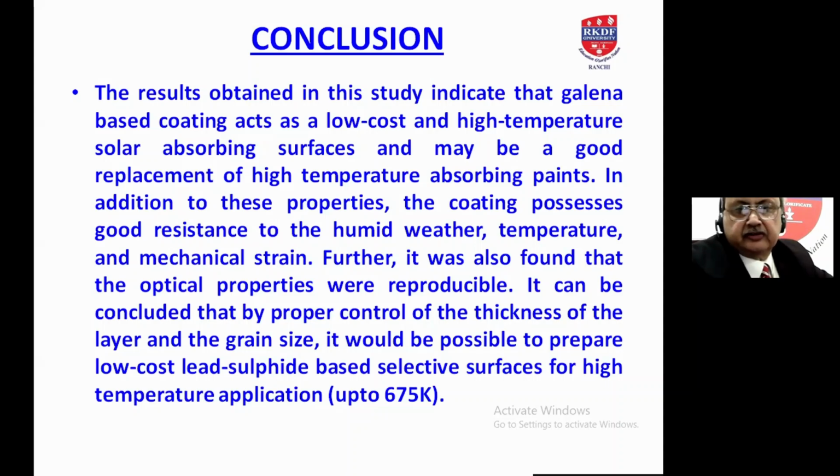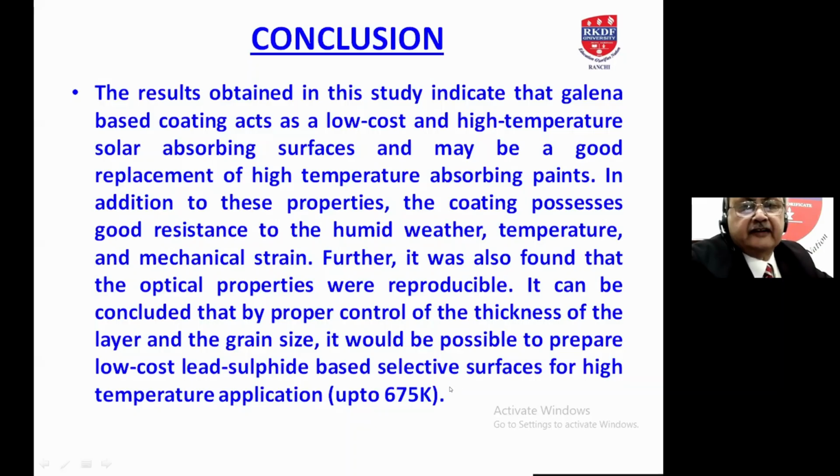Further, it was found that the optical properties were reproducible. It can be concluded that by proper control of the thickness of the layer and the grain size, it would be possible to prepare low-cost lead sulfide-based selective coating for high temperature application, that is